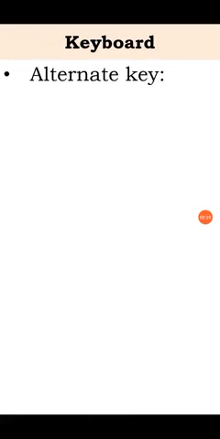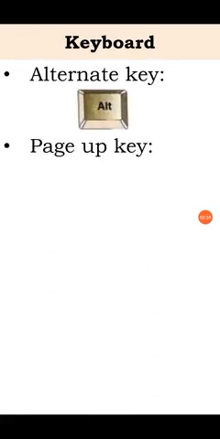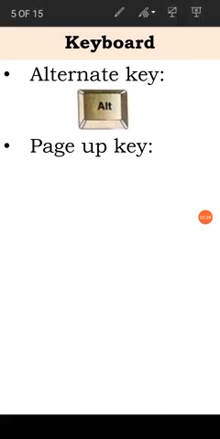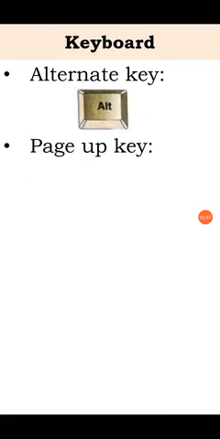Alternate key. There are two alternate keys, that is alt keys, on the keyboard. These keys are used along with other keys to give commands. Next is the page up key.